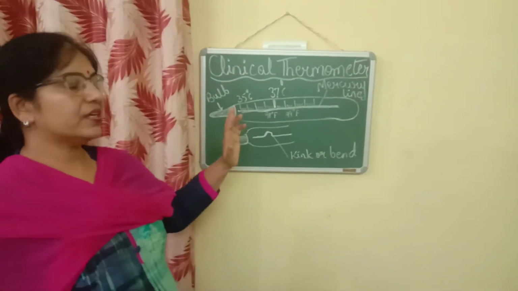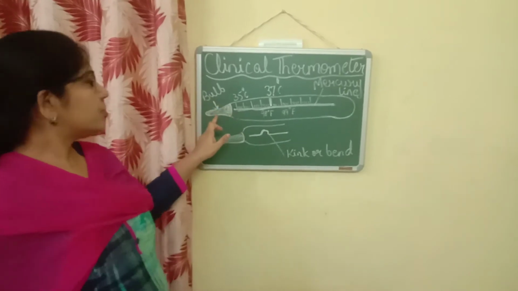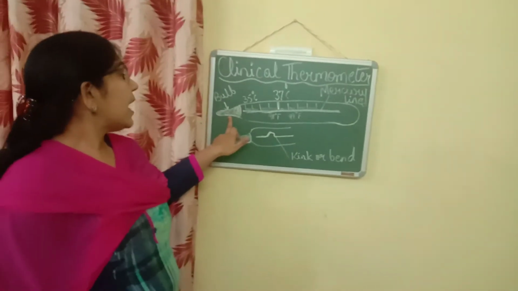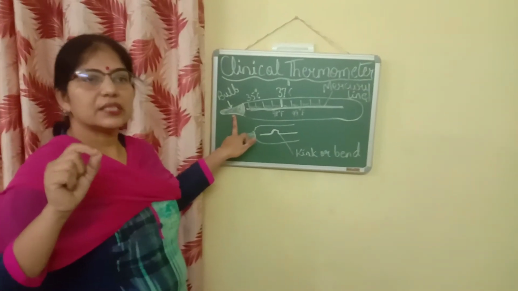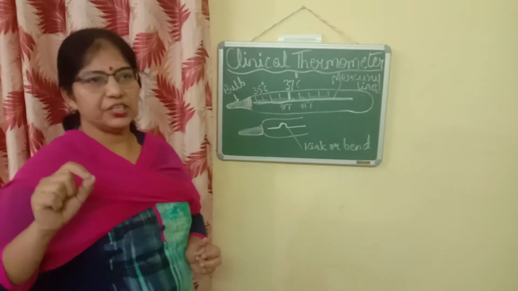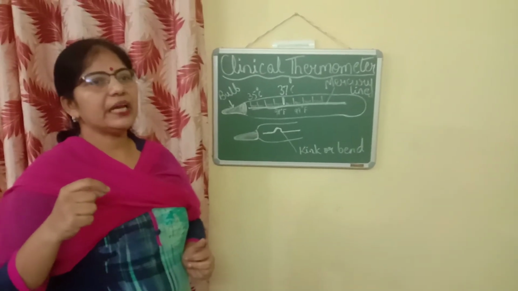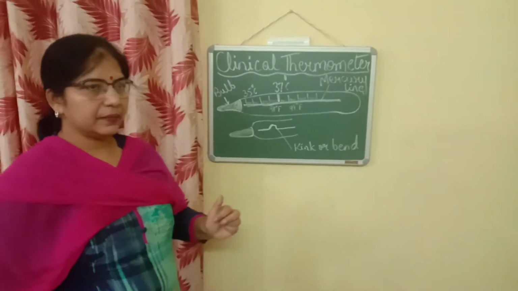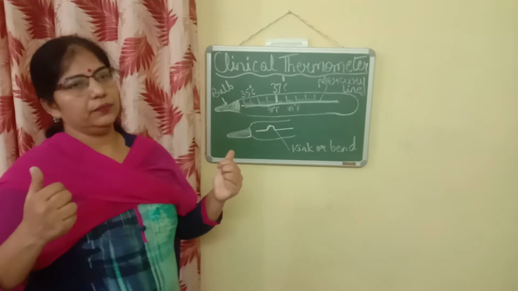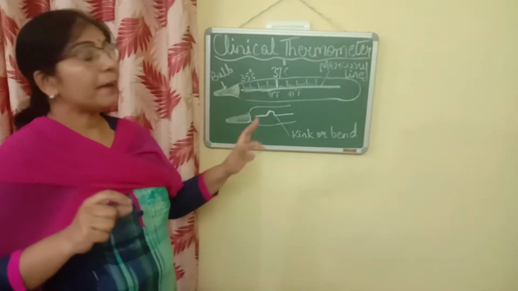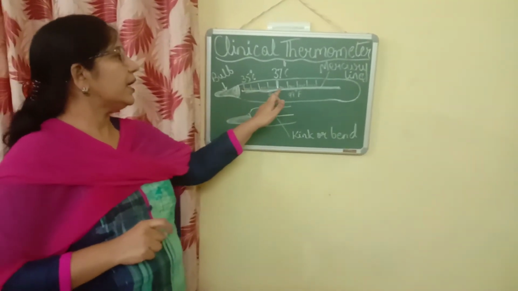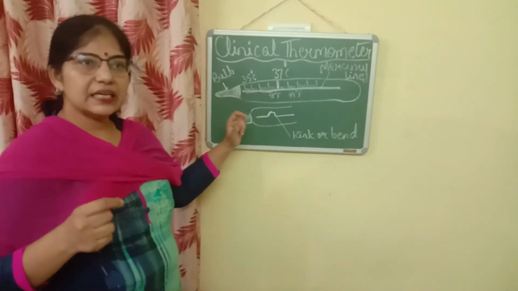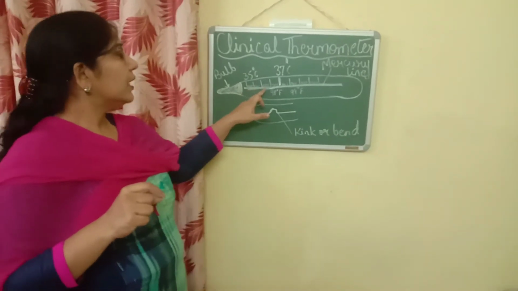I will show it to you. First, I will tell you its construction. It consists of a metallic bulb at one end which has to be in contact with the surface whose temperature is to be measured. Whenever we are measuring our body temperature, we usually keep the bulb under our tongue or in our armpits. As it receives heat, what happens? There is a shining line of mercury in the clinical thermometer which gets heated up and it rises in the capillary tube.